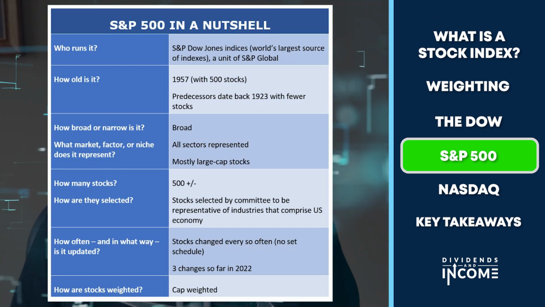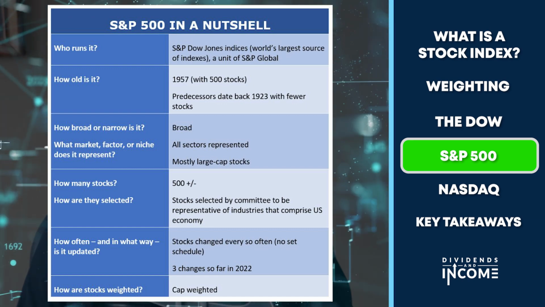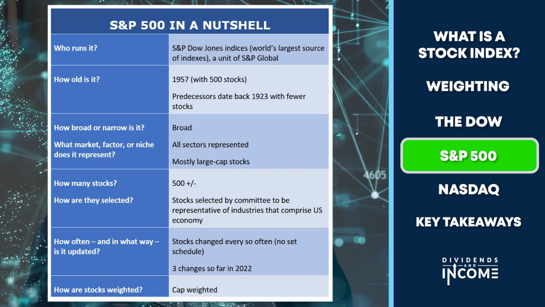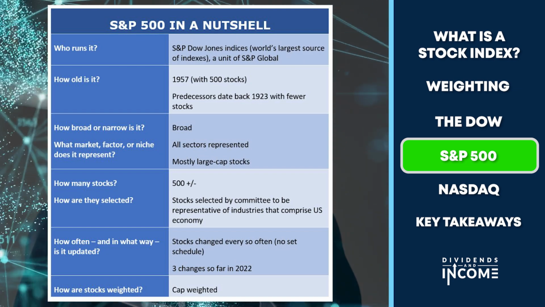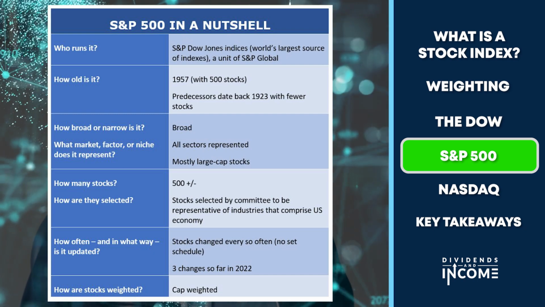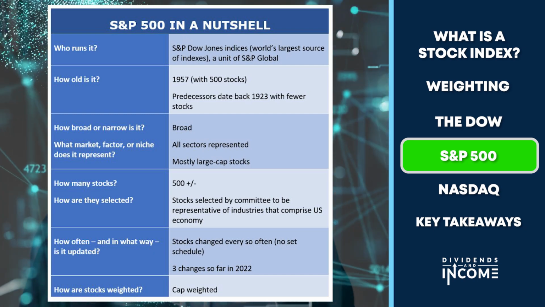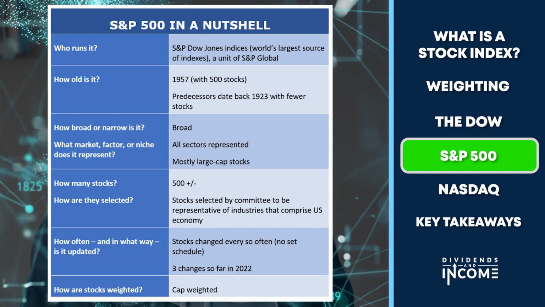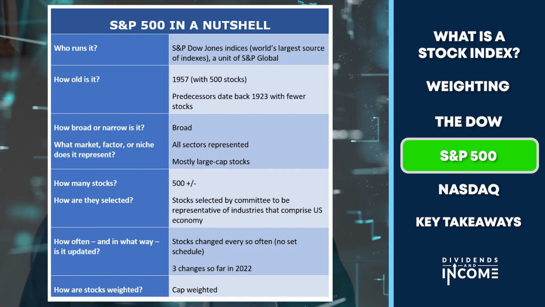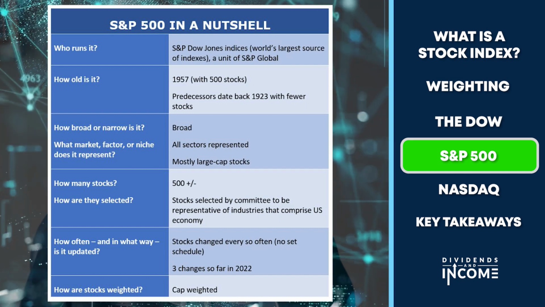It's broad, it covers all economic sectors, and it mostly contains large cap stocks, which we will see when we see the Morningstar style box in a moment. How many stocks is 500? Plus or minus, because stocks are splitting, companies are being acquired. The Dow sometimes has a couple extra stocks in it, and those need to be corrected. It doesn't do it immediately when those things happen, but for the most part, obviously from its name, it's a